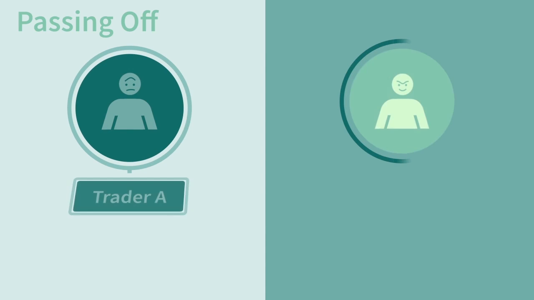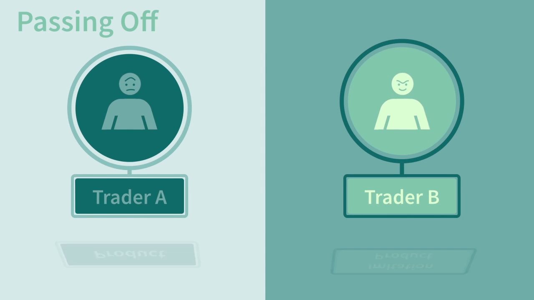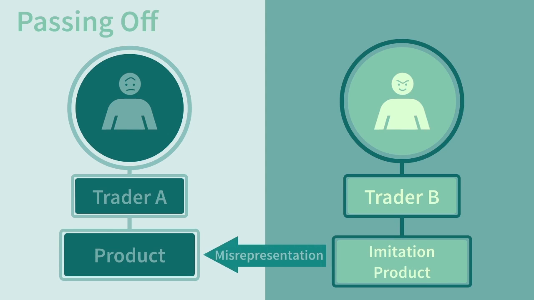Passing off is governed by the law of tort. Passing off is usually found within the business world and relates specifically to a misrepresentation made by one party which damages the goodwill of another party. The idea here is that trader A is not to sell goods under the pretense that they are the goods of trader B. The goods or services in question must have goodwill attached to them.